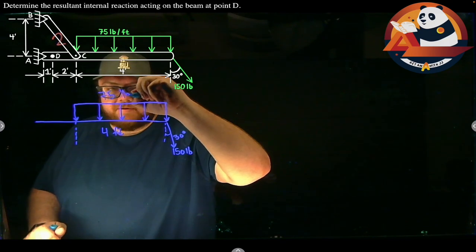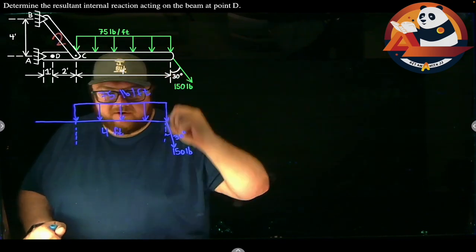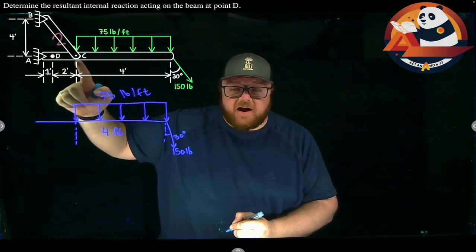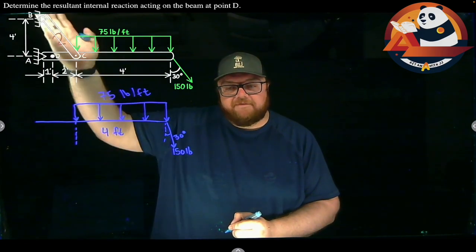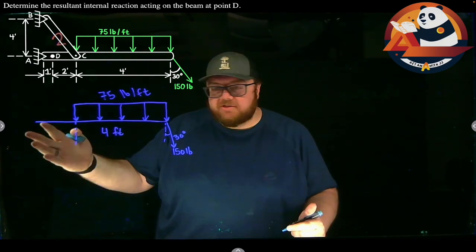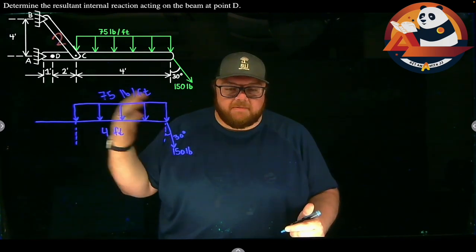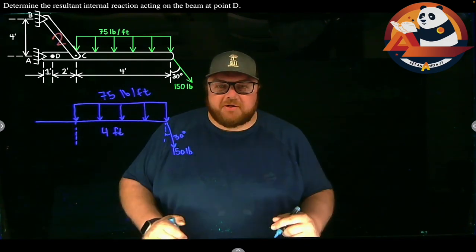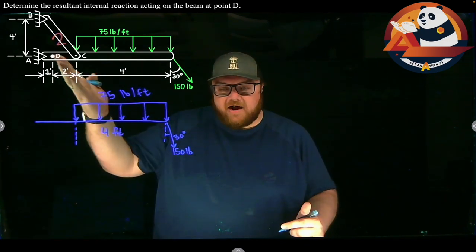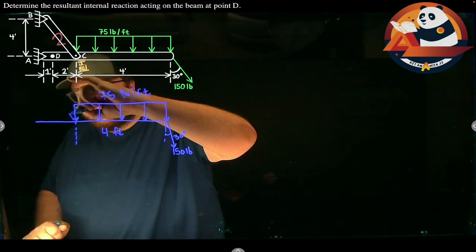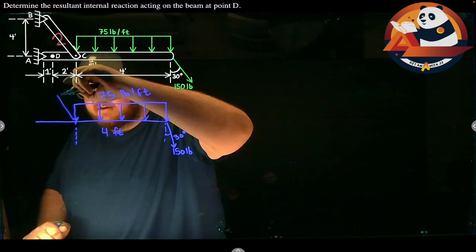75 pounds per foot. At C, I'm going to put in, rather than CX and CY from the pin, just a single FBC for this. If I use CX and CY, I could get the right answer. I'm just going to have 4 unknowns on this picture. On my original free body diagram, it's going to make my work a lot harder because I have to bounce back and forth between free body diagrams. If I identify and correctly use this as a two-force member, it simplifies down to just a single force here. I'm going to show it going up and to the left,